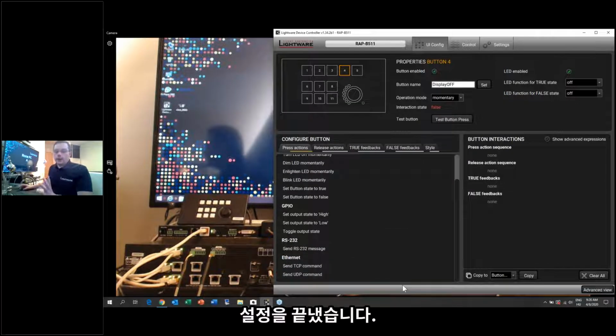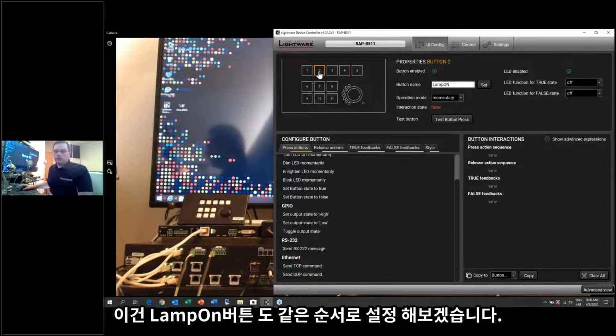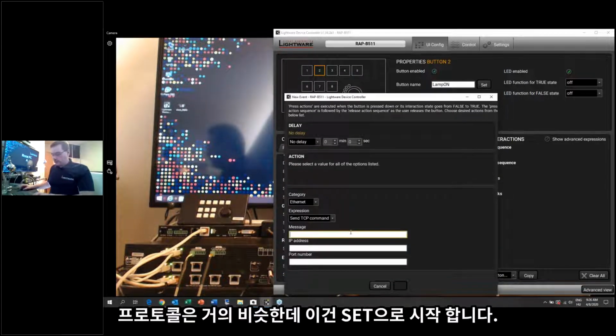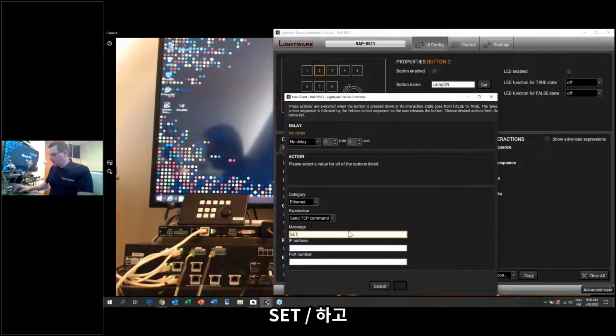Done. And for this button, lamp on, I make the same Ethernet command. The message is nearly the same, but this is a setting. So set media relay P1 output